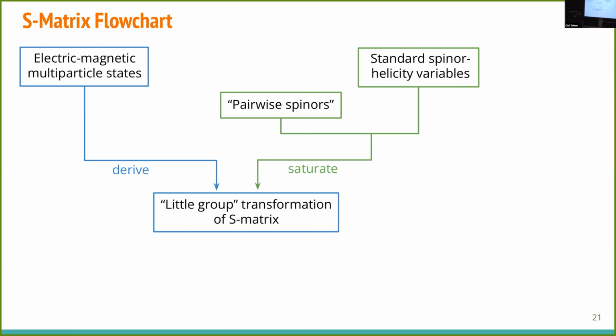And now you can do the same exercise. You can ask, how do I write down something that has the right functional form to transform the way I postulated it to? Now you can construct it by putting together spinor helicity variables. We also define a new kind of spinor helicity variables which transform manifestly with the right phase associated with the extra phase that we have in the S matrix. So we have a rule of how the S matrix has to transform. We define Lego blocks that we can assemble together to construct an S matrix that has the right transformation, and that will enable us to fix a lot of the S matrix.